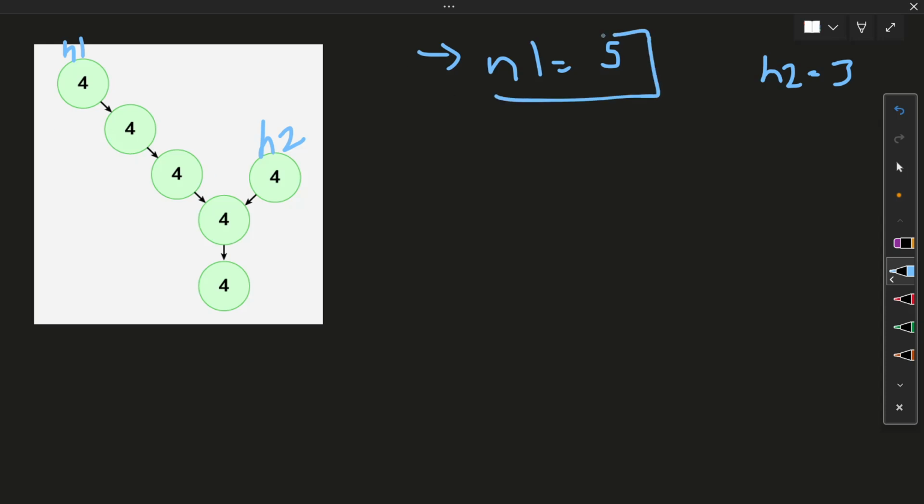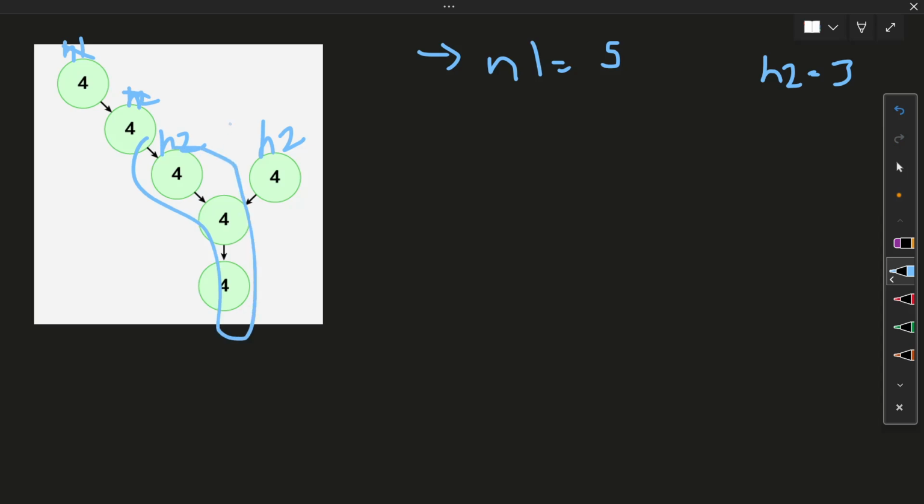In this case, we have more nodes in linked list 1, so we need an equal number of nodes. That's the point from where we can find the intersection point. We have two more nodes in linked list 1, so first it will move to this node, and then it will jump to this node.